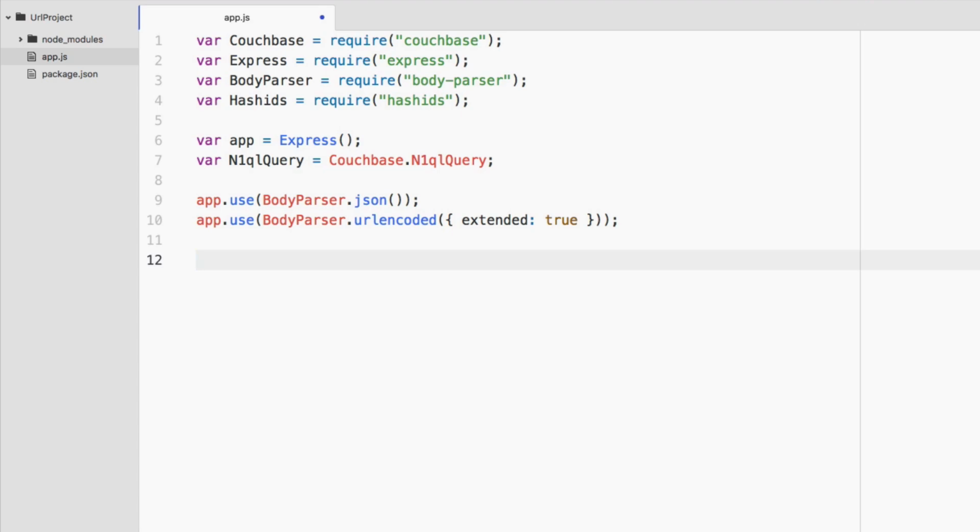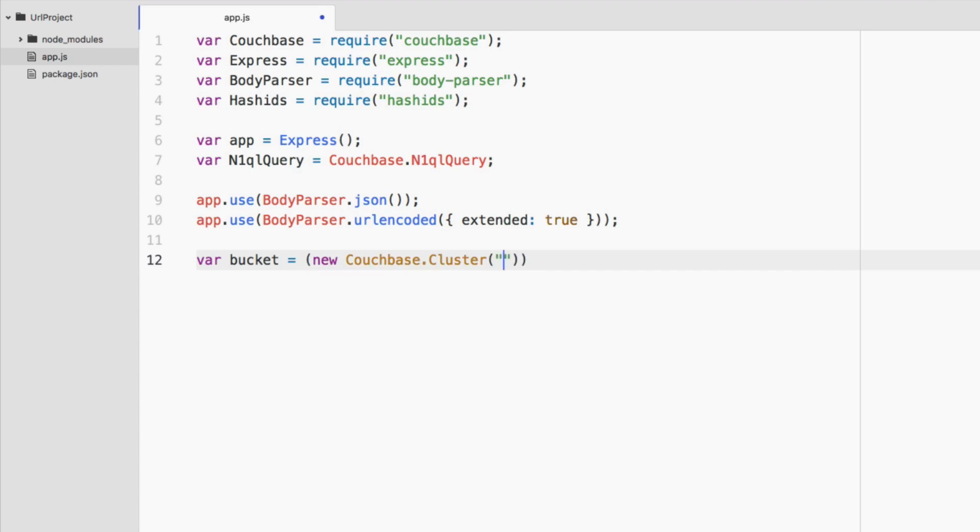And at this point now we want to establish a connection to our Couchbase cluster. So I'm only using one node. It's installed on one of my local machines. It's not this particular machine, but it's on a local machine on my network. It's one node. All you need to do is define one node because a Couchbase cluster is peer-to-peer. Once you connect to one, you have a cluster map, and you have knowledge of every other node in that cluster at that point. So what we're going to do is say var cluster equals, we're going to say new